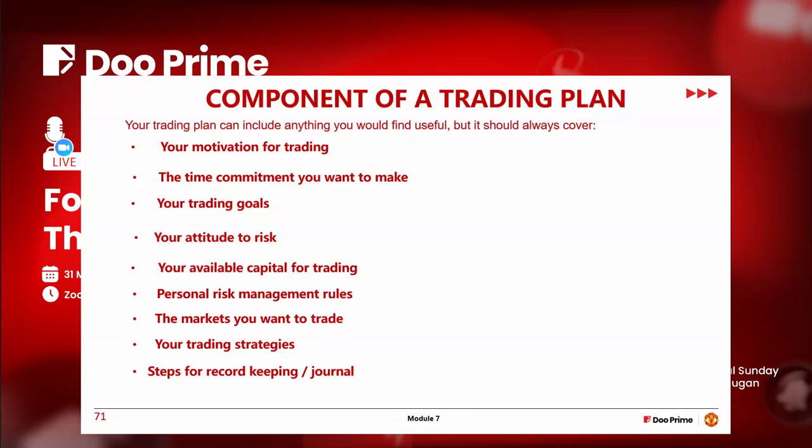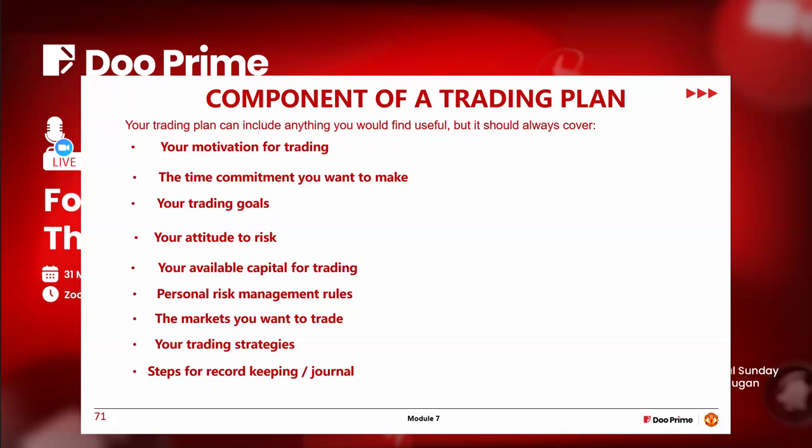And we have the general trading plan as well, but it becomes difficult for me to create a trading plan for you that you would want to follow. It becomes difficult for you to create a trading plan that I would want to follow, because your trading plan revolves around your strategy, it revolves around your risk level, it revolves around your commitment to time, it revolves around your personal risk management systems, your strategies, and your system of journaling.